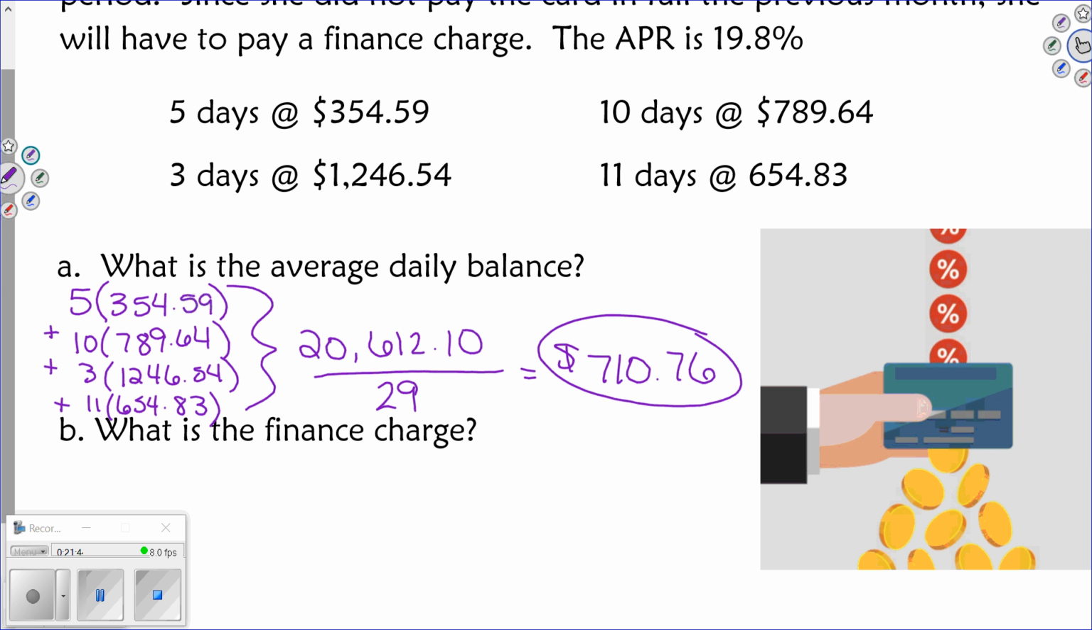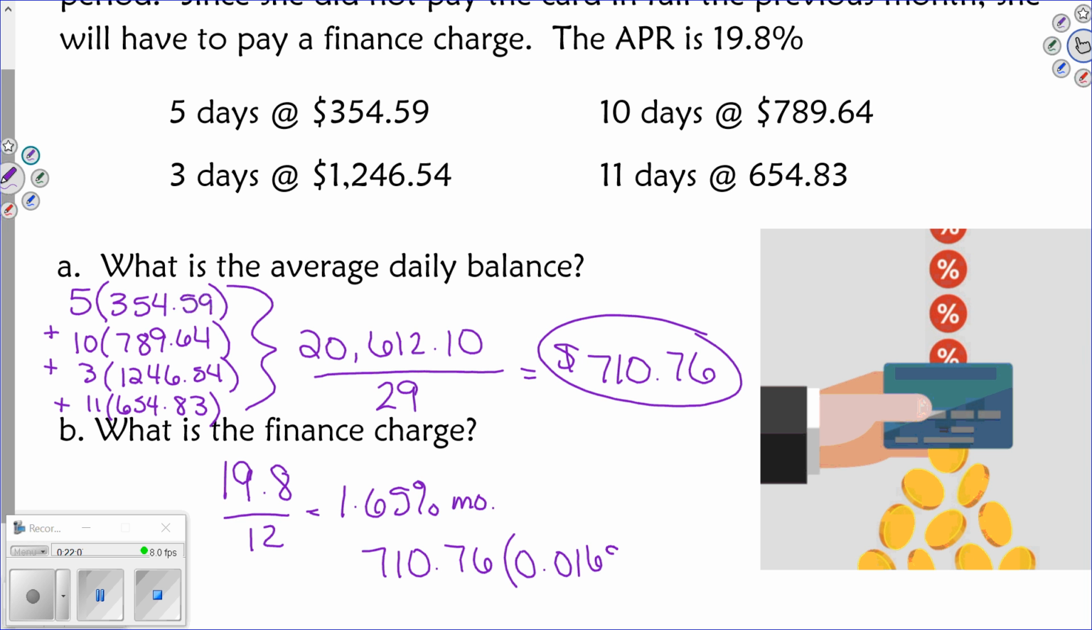Good, her monthly rate. So 19.8 divided by 12. It's 1.65%. That's her monthly rate. So then we take her average daily balance, 710.76, and multiply that by 0.0165. So her finance charge for that month is